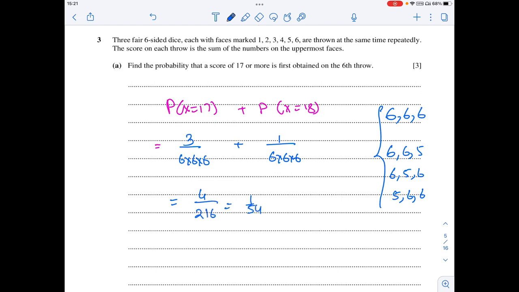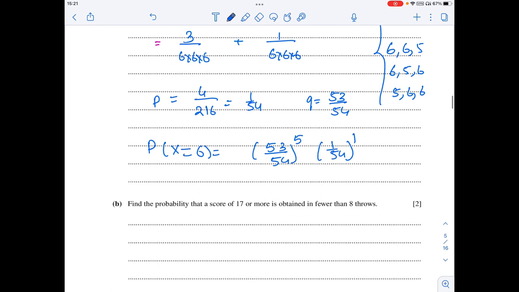This is the probability of success, that it should be obtained in the 6th throw. So probability of x equal to 6. So 5 times he should fail and the 6th time he should win. That's going to be the answer. This is probability of success, so probability of failure will be 53 upon 54. 5 times he should fail and the 6th time he should succeed. Simplify that, 0.0169.